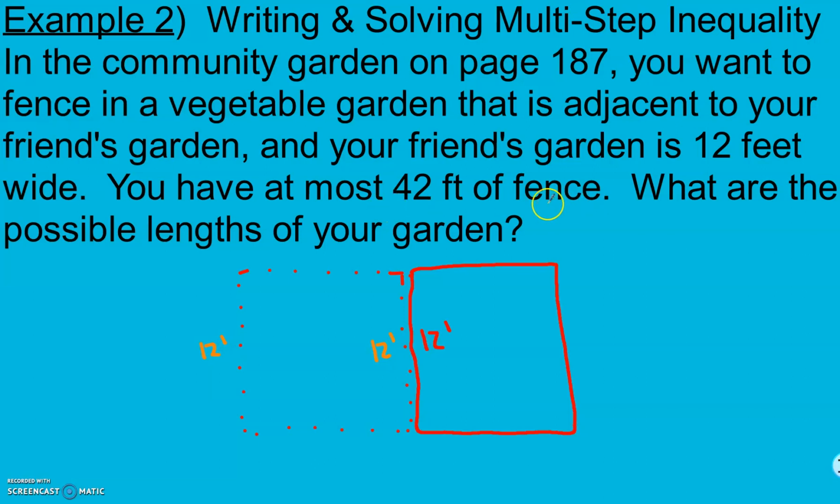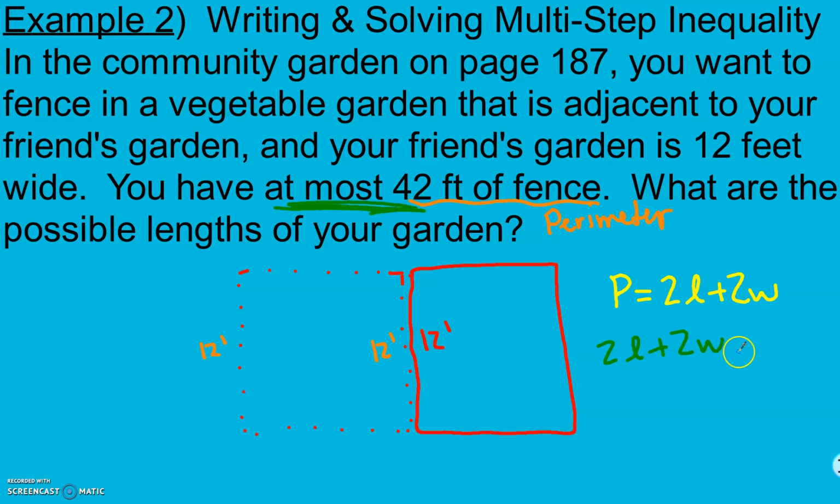And if we're talking about fence, we're talking about perimeter. So our formula for perimeter is 2L plus 2W. But we don't want it equal here. We want our perimeter 2L plus 2W